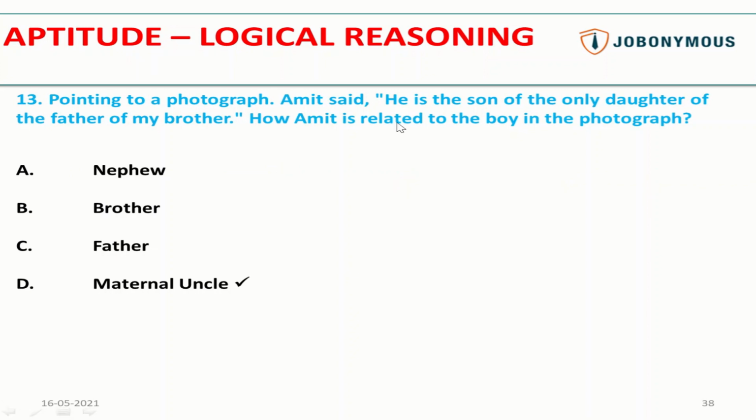But one thing you have to see is that you should read the line carefully: how is Amit related to the boy? So Amit is maternal uncle to the boy. And if the question had been how the boy is related to Amit, then the answer would have been nephew. Because some people find the right blood relationship, but then both options are there and they do not understand which relationship the question is asking. So if they are asking Amit's relation with the boy, Amit is maternal uncle to the boy. But if they are asking how the boy is related to Amit, then the boy is nephew of Amit. So you have to take care of that also.